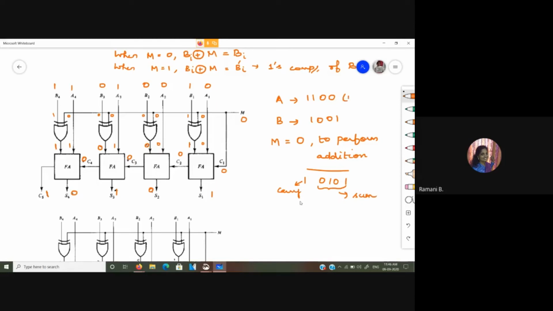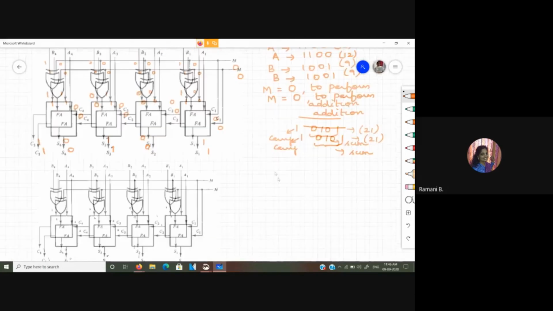Okay, this is 12 and this is 9. So put together, you are actually having this is 21. This is 16 plus 5. Okay, so this is how the addition operation happens. Okay, so the same number, let us consider